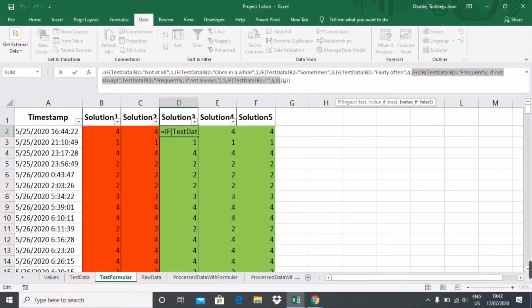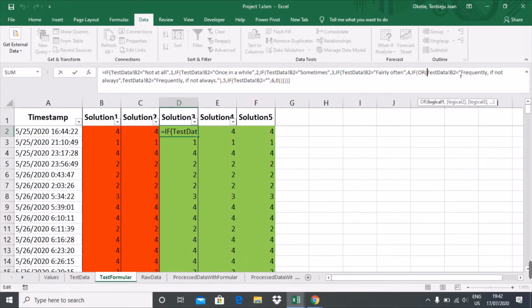So this is the function for the "frequently if not always". On the logical test, I use the OR function to say if the test data in B2 is equal to "frequently if not always",